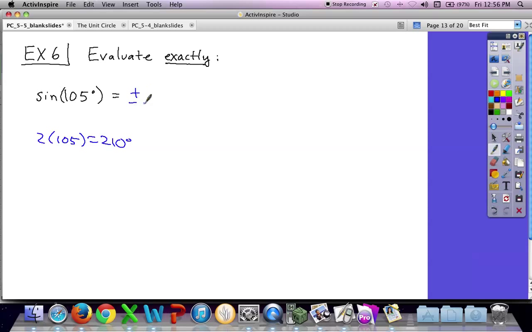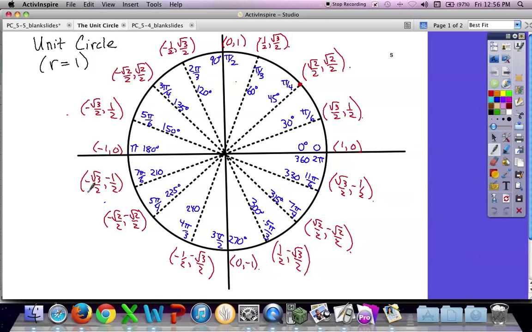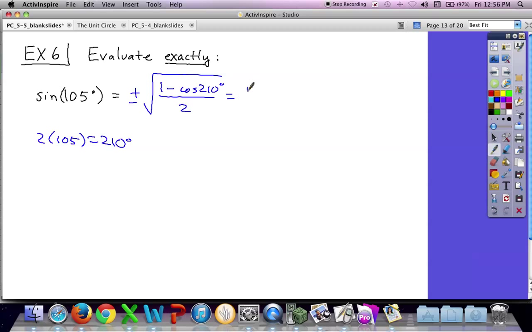So it should be plus or minus the square root of 1 minus the cosine of 210 degrees over 2. Now, the cosine of 210, we look at it, it is negative square root of 3 over 2, the x-coordinate. So we can plug in for that, plus or minus the square root of 1 minus negative square root of 3 over 2, divided by 2. Which equals plus or minus the square root of 1 plus the square root of 3 over 2,